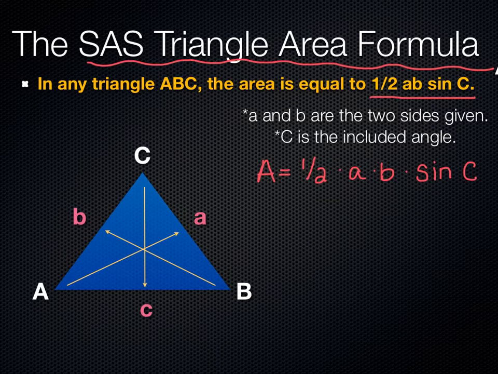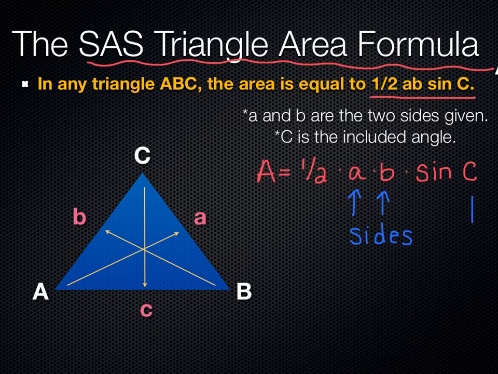And just like with the law of cosines, I get very annoyed with having to label these A, B, and C, because that makes it sound more confusing. When you write a formula, you have to label the sides with something. But what I really want you to take away from this crazy formula is that A and B are just any two sides,